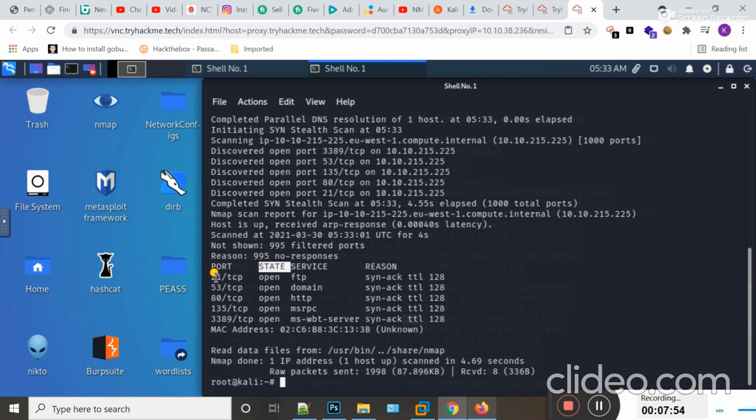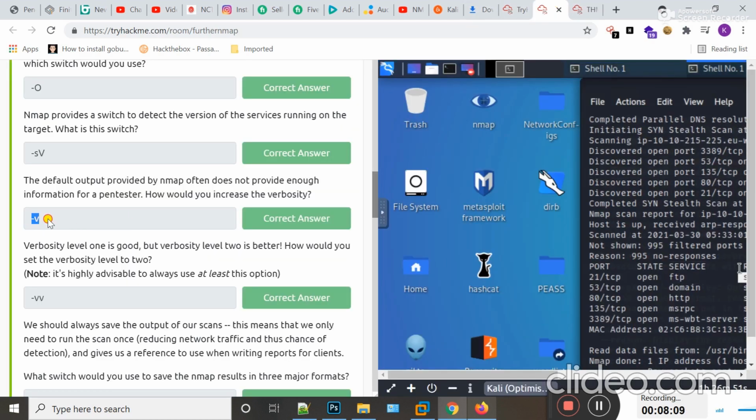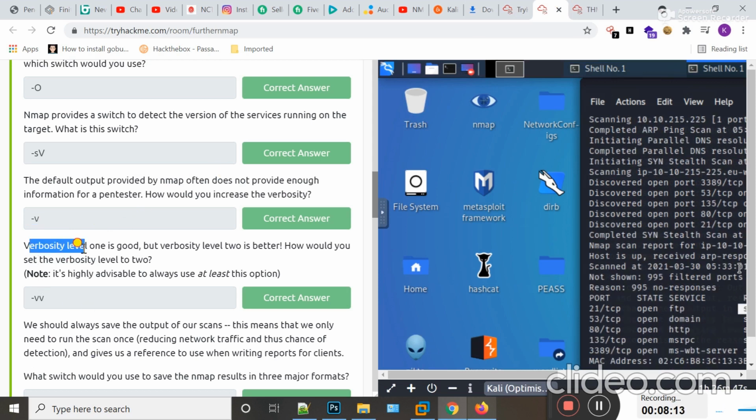Port 21 is open, the service running on this port is FTP, and it also shows the reason, that is SYN-ACK, TTL 128. So -v will increase the verbosity of the output. Verbosity level 1 is good, but verbosity level 2 is better.